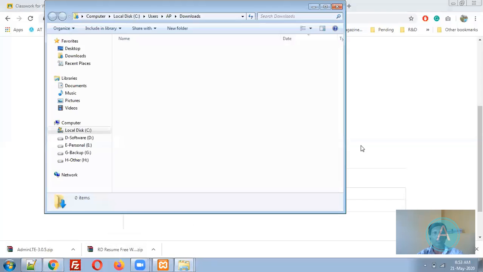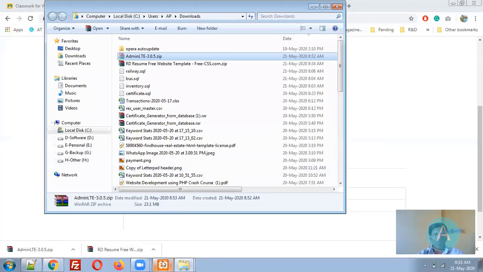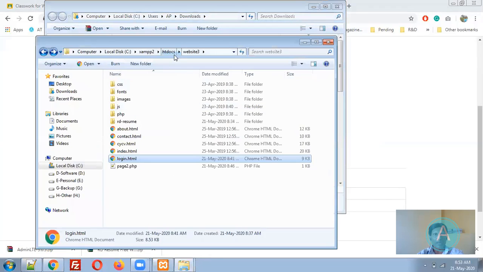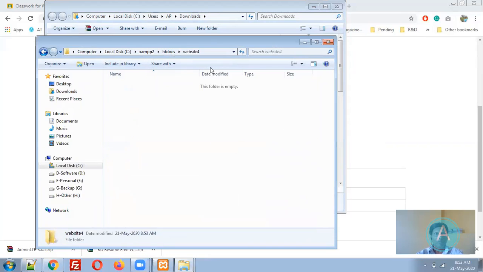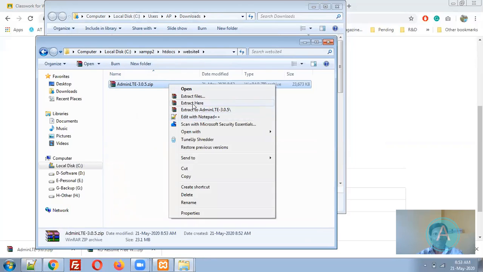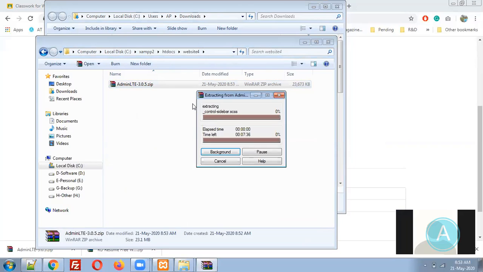Now let me show you this AdminLTE template. I'm extracting this template.